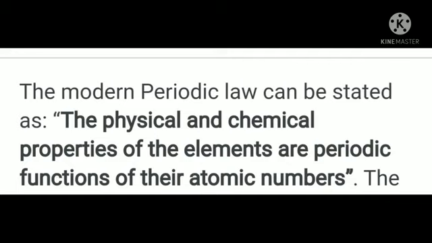Next, how many periods are there in the periodic table? Totally 7 periods. And how many groups are there? 18 groups. If a question is asked like this, what is the definition you have to write? The horizontal rows are called periods, from left to right, and there are 7 periods. And what are called groups? The vertical columns in the periodic table, starting from top to bottom, are called groups. There are 18 groups in the periodic table.